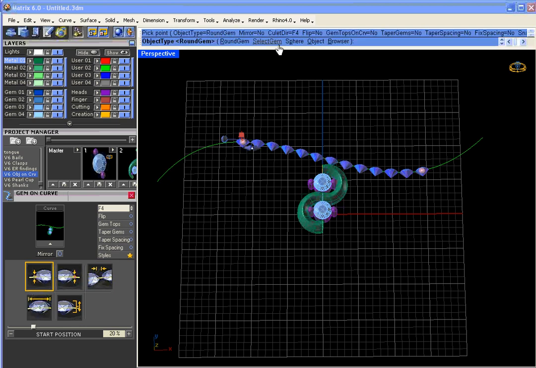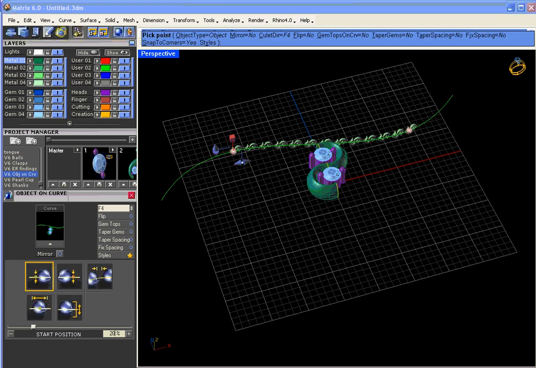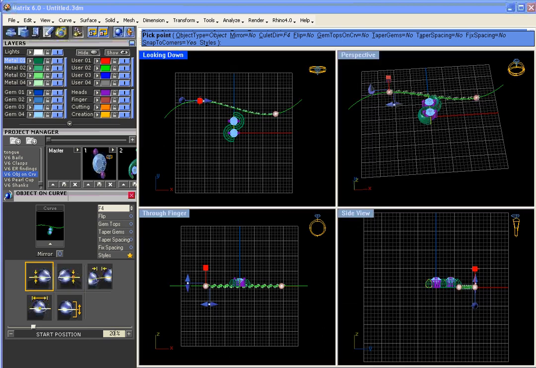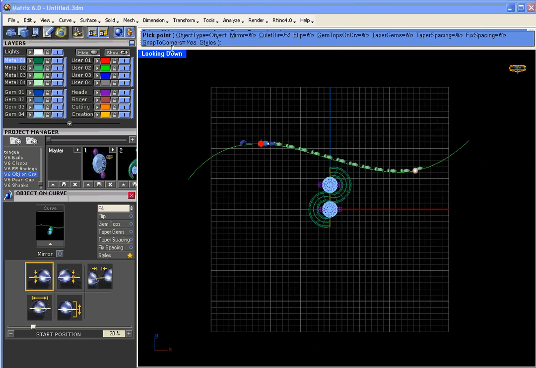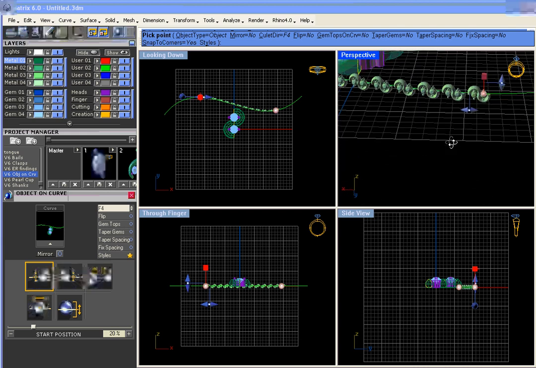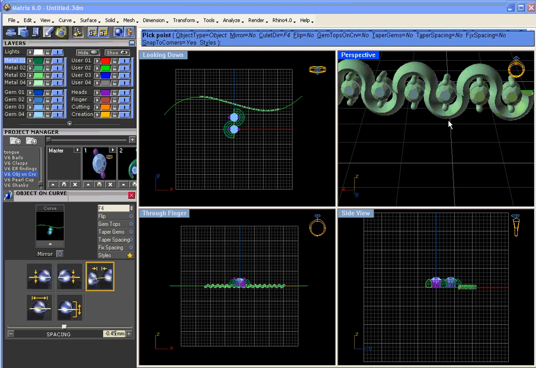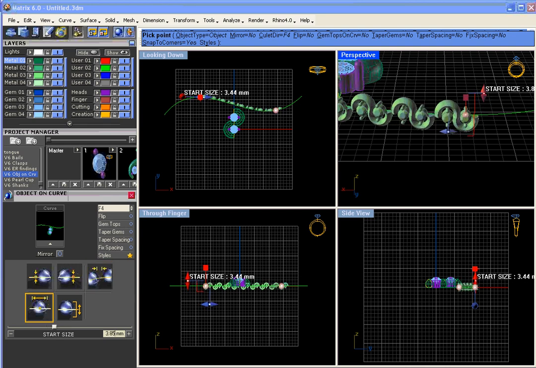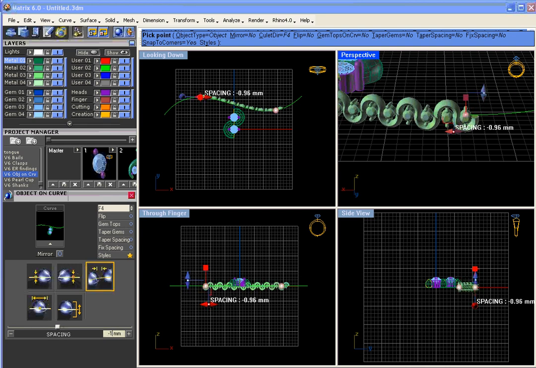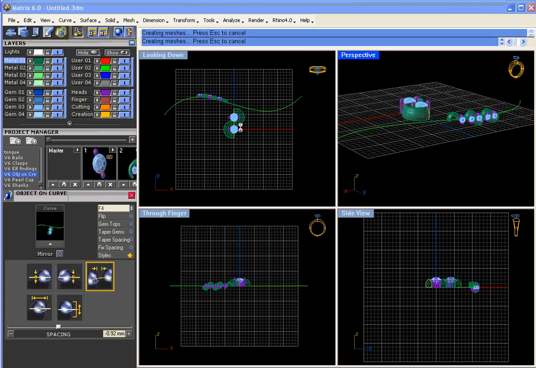Gem on curve, object type, object, grab your object, press enter, and you can see with the orientation vertical in the looking down viewport that it matches up like this in this orientation. However, with this same finding,